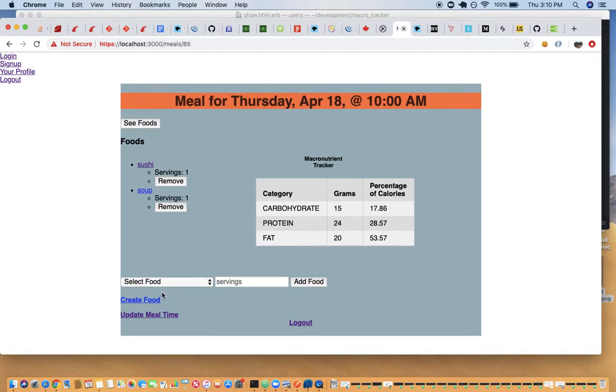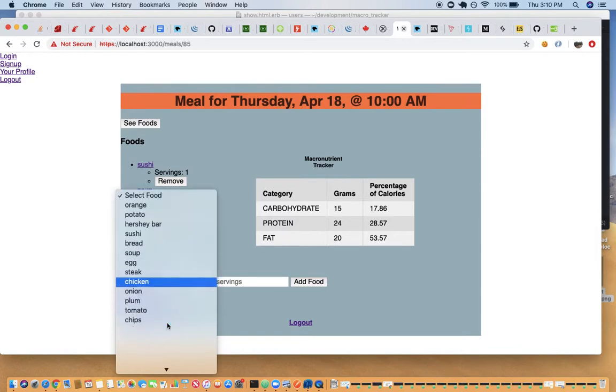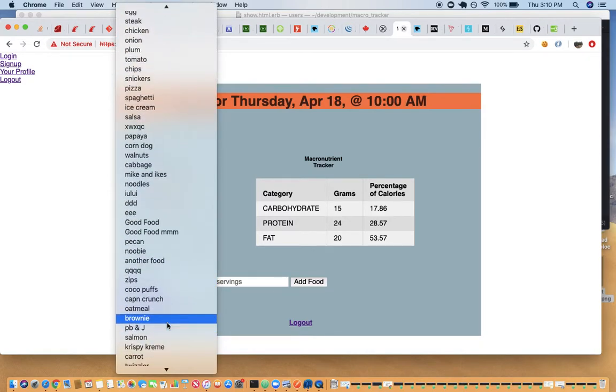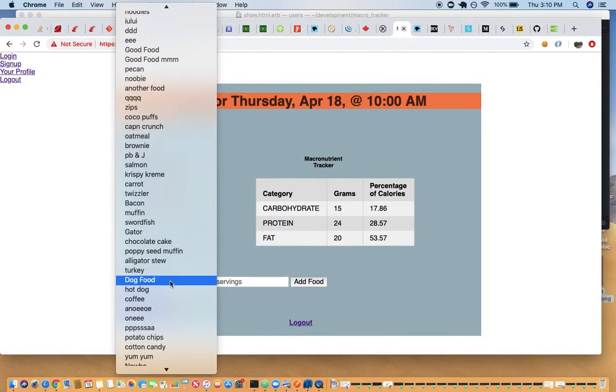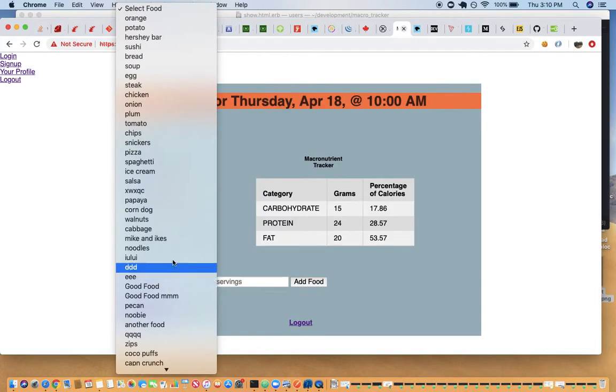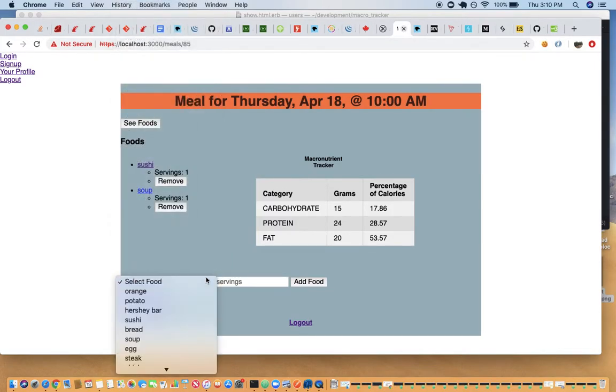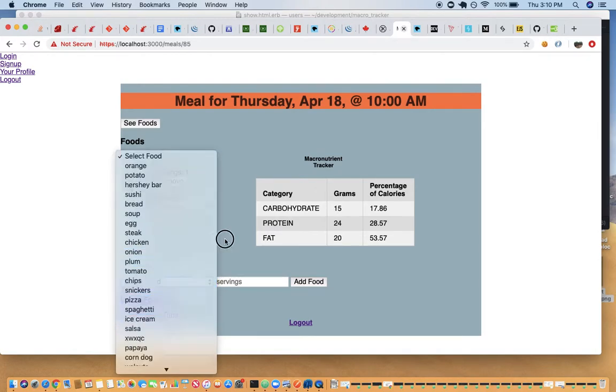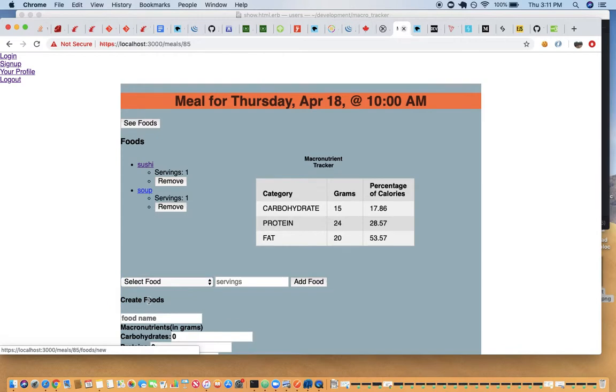Another feature that we have here is create foods. These are all the foods that we have in our database that we can pick from, that already have compositions established, so we can pick through that list of foods. But let's say there's a food that we can't find, and we want to just add it to the meal. We can go ahead and create a food,